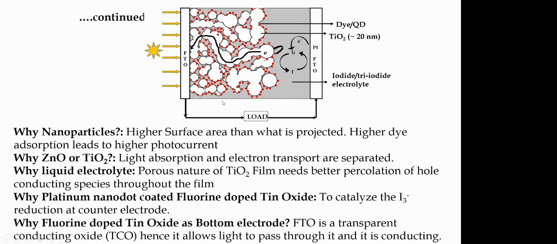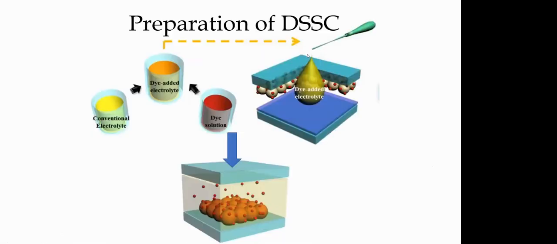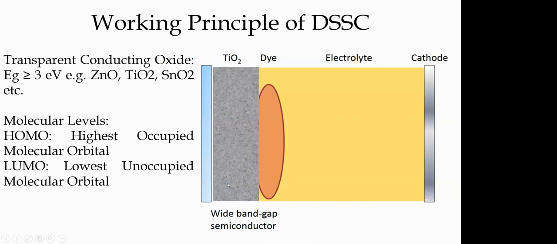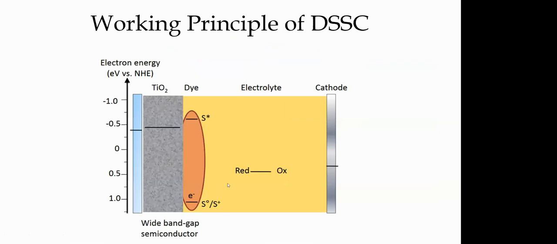Making it is very easy. For example, you have dye molecules, you mix them, make a dye solution, you have coated TiO2 nanoparticles, then you put the dye molecules inside and put the top electrode on top of it. The working principle we have already seen, like how it works, in a more detailed way, and what kind of materials can be used. So that's why it is easy to fabricate.